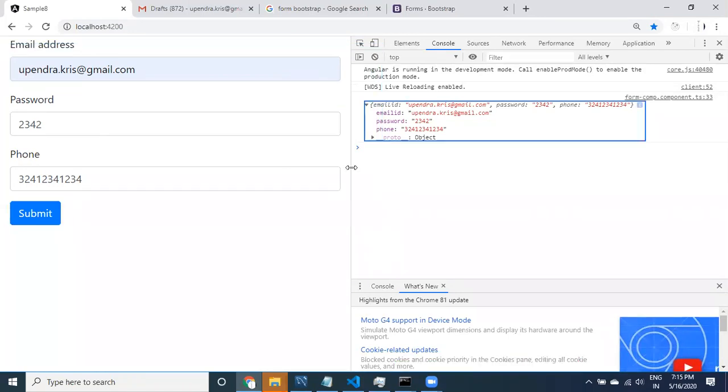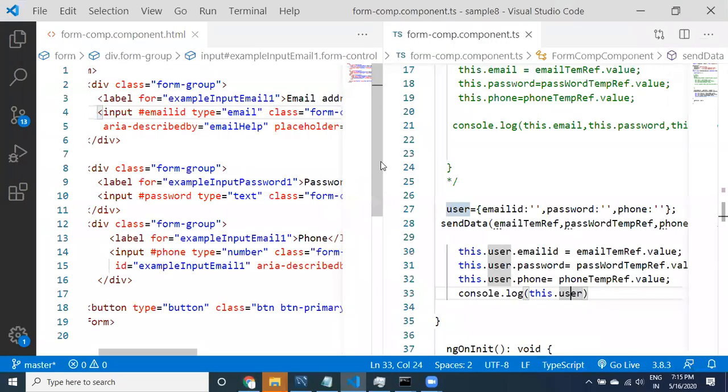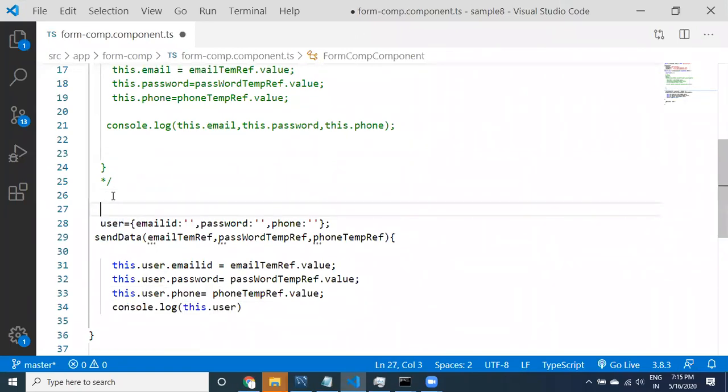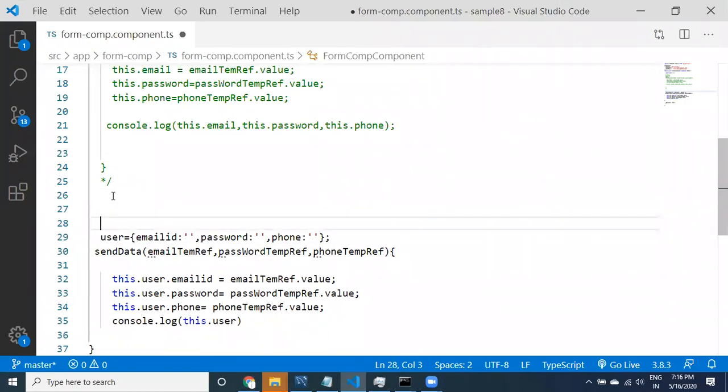To send the data to the parent component, you need to use the concept of event emitter. I want to take an event emitter, user event emitter, which is going to act as an event.